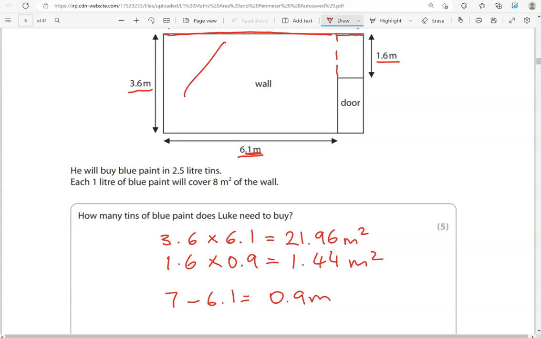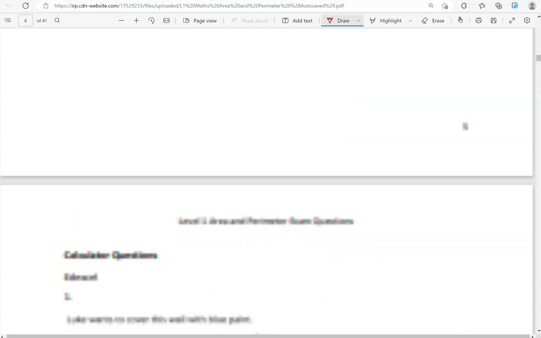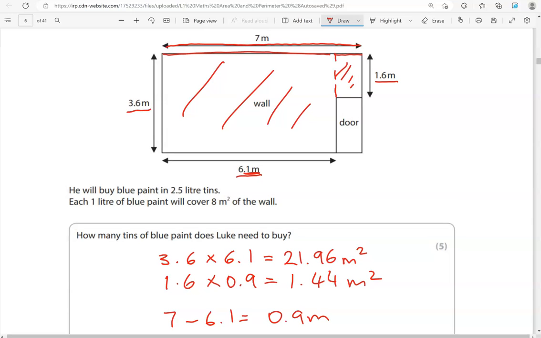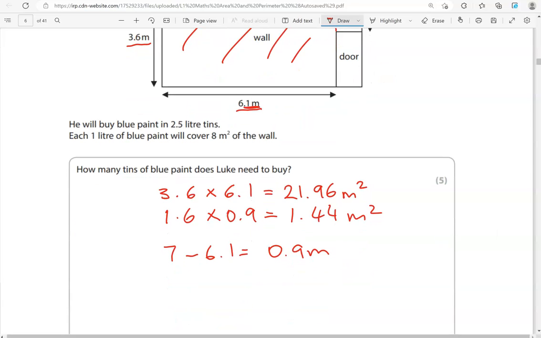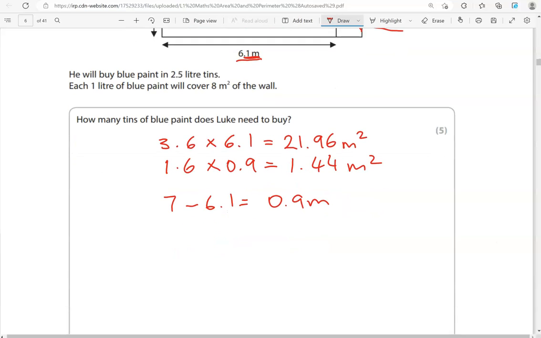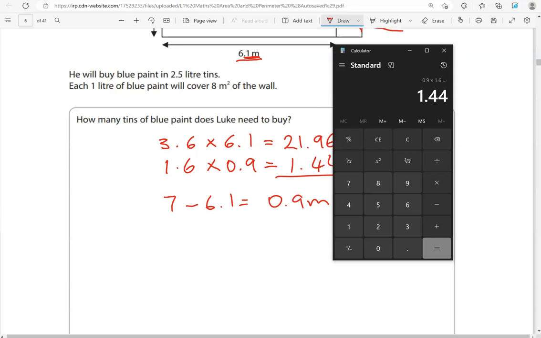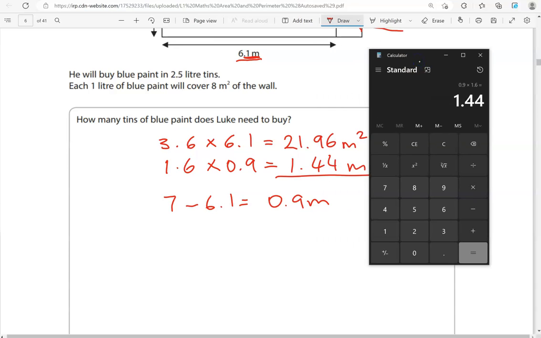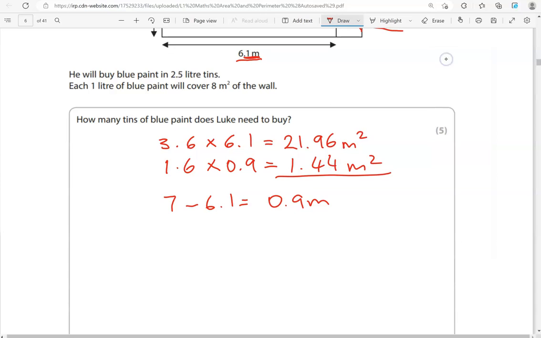So we've got the 2 areas. So we've got this one here and this one. Adding the 2 together should give us the area of the wall. Of course, we've excluded the door. So 1.44 plus 21.96 gives us 23.4